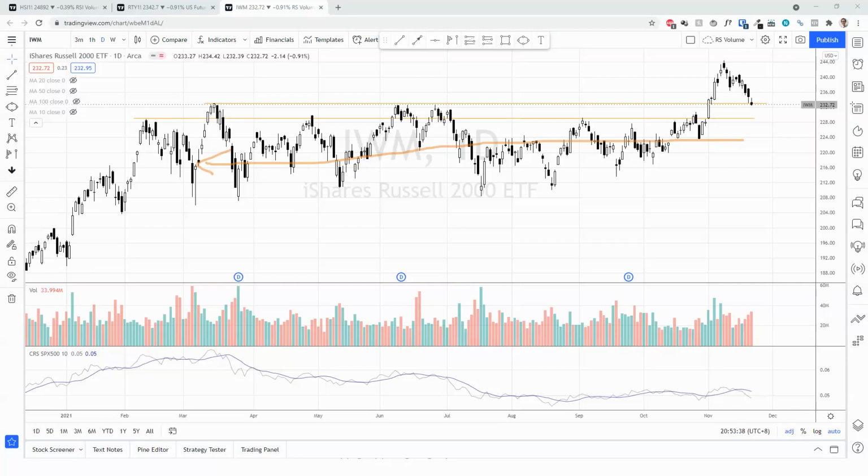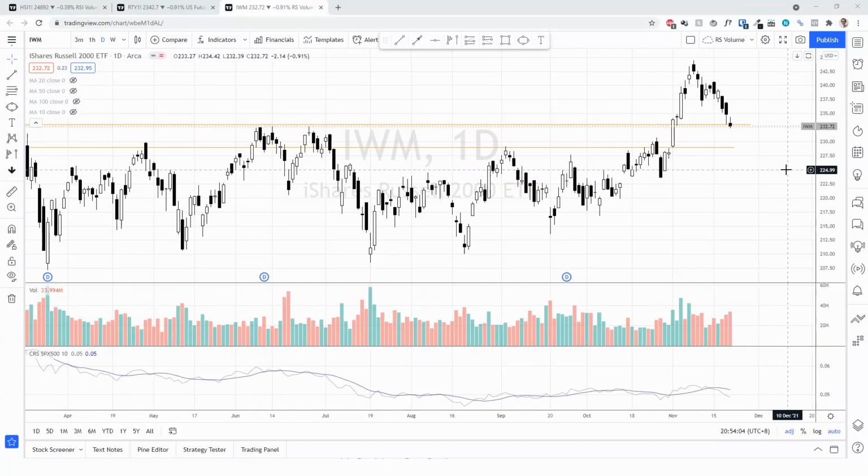And I do believe we could see the Russell 2000, which are the small caps, outperform the big caps probably next year, starting maybe in the first half, or at least the first or second quarter. It should really outperform the Nasdaq or S&P. So I think this is a very healthy structure. Short term, just looking for some kind of test. I'm waiting for some commitment above this supply zone as well. All right, so this is IWM, and I think that's all.